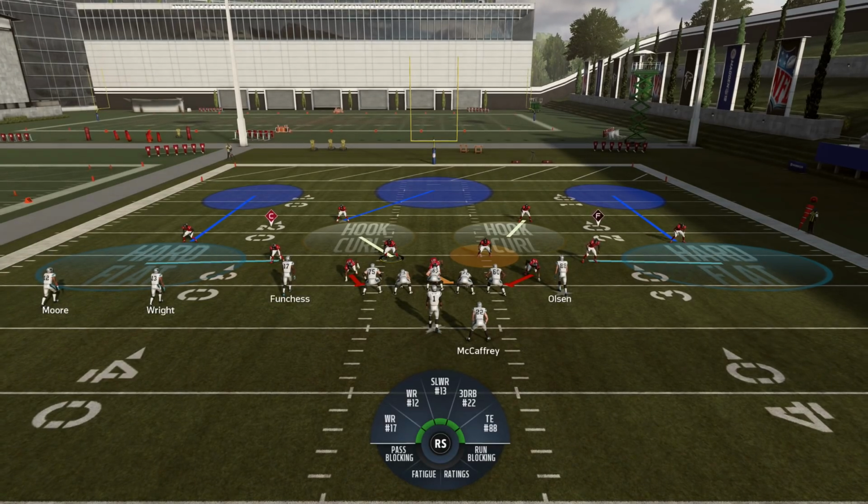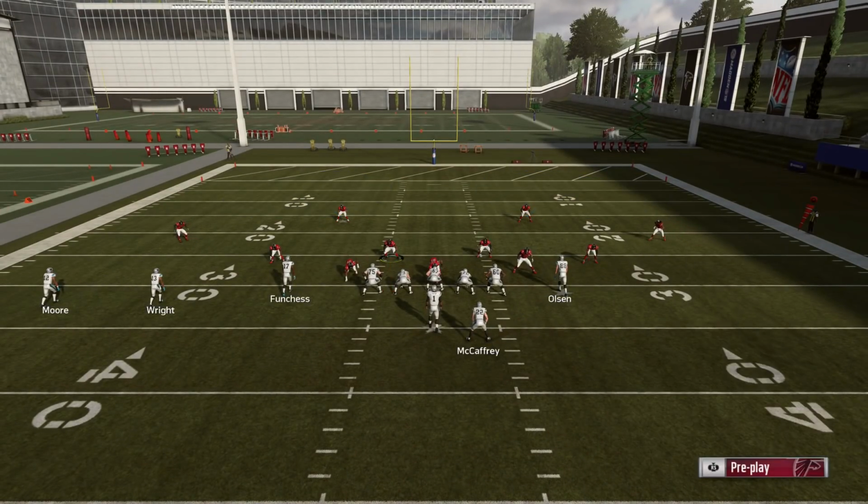Our coverage already at this point is so much better, and it's going to guard against the crossing route so much better. But I'm not necessarily telling you how to guard PA crossers, but what you want to work on is learn how to adjust. Learn your hot links, right? If you hit X twice,